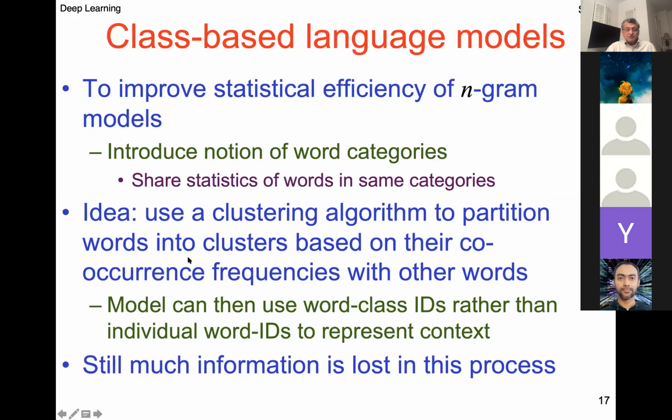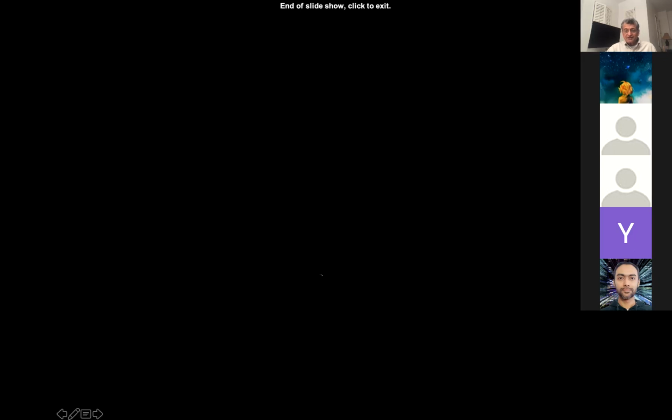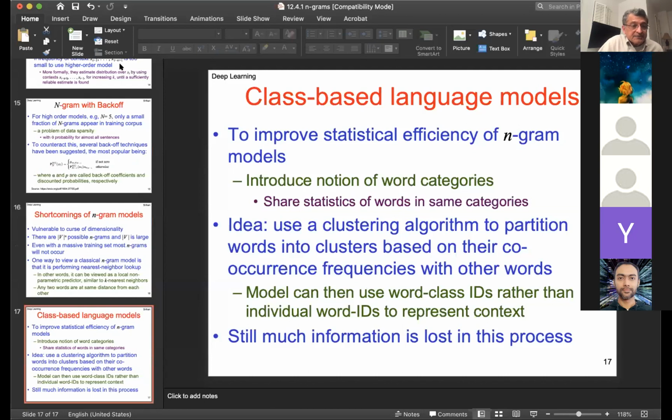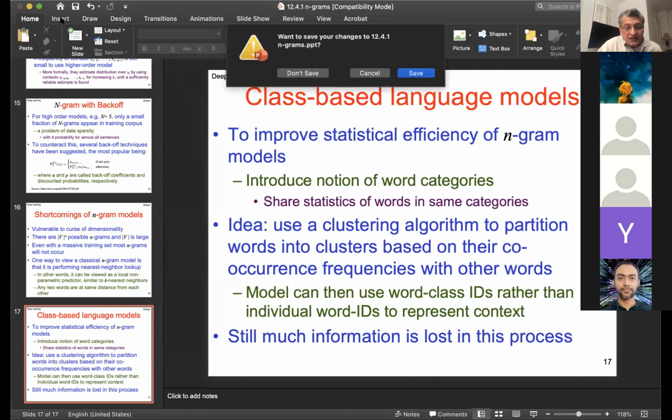Anyway, class-based language models. To improve the statistical efficiency of n-gram models, introduce the notion of word categories. Share statistics of words in the same categories. Or we can use a clustering algorithm to partition words into clusters based on their co-occurrence frequencies, and so on. So still much information is lost. These ideas have been used with n-grams. So that's what we have to say about n-grams. We have to go on now to embedded models. This is not about just n-grams, and we just wanted to